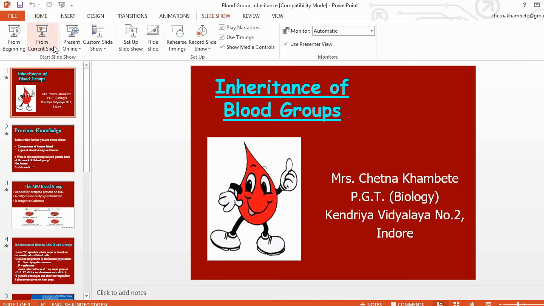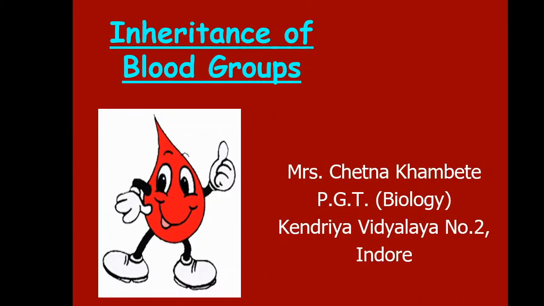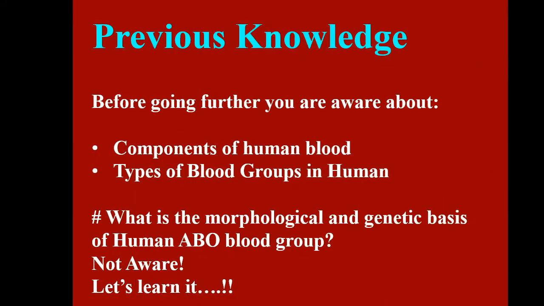So beta, this is the PowerPoint presentation, just see it. We can understand various things about it. We know the components of blood and the types of blood groups present in human beings are 4 types. These are A, B, AB and O, and besides that, all the 4 blood groups are present as positive, that means A positive, B positive, AB positive and O positive. Like that, the blood groups are also present as A negative, B negative, AB negative and O negative.